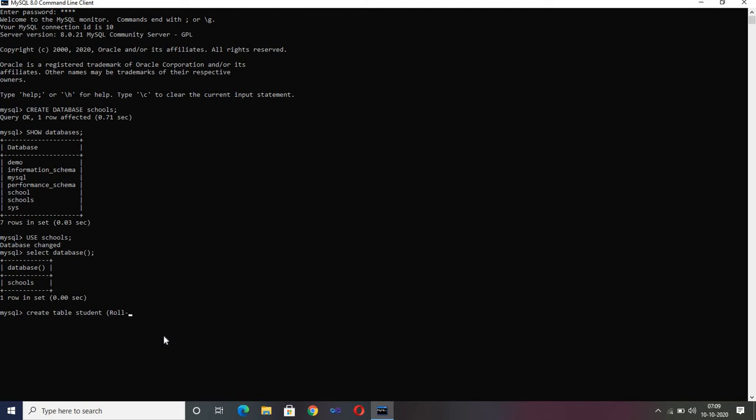We cannot use a dot also over here. Either write it together, or if you want to distinguish between two different words and still combine them, just use an underscore. So we have used an underscore over here, and then you can write roll_number.